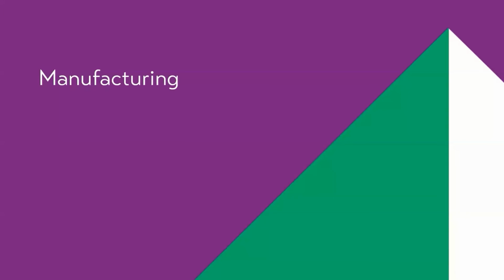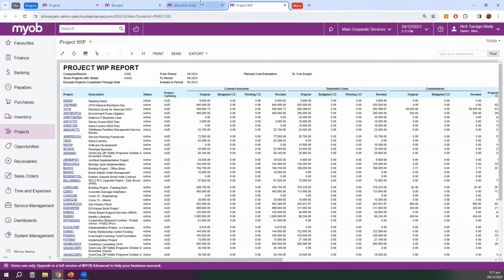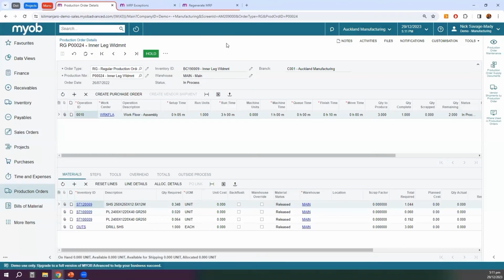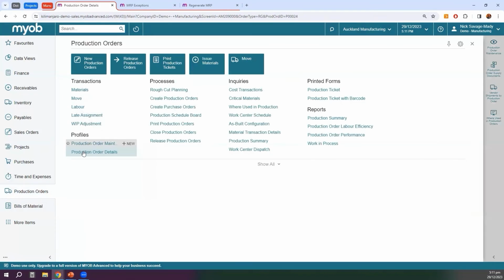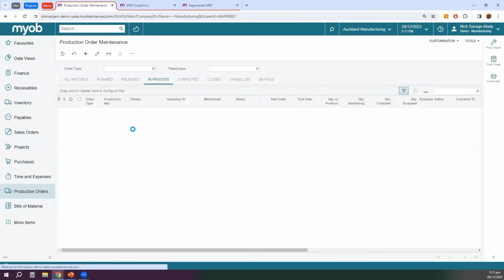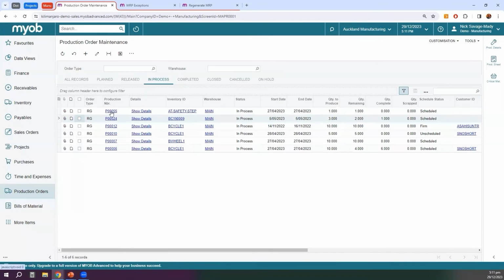And the last thing I'm going to cover off today is to do with manufacturing. So I'm just going to jump into my manufacturing system here. And firstly, I wanted to talk about some of the usability improvements. So firstly, if I just go into my production order maintenance. So if I jump into a production order,